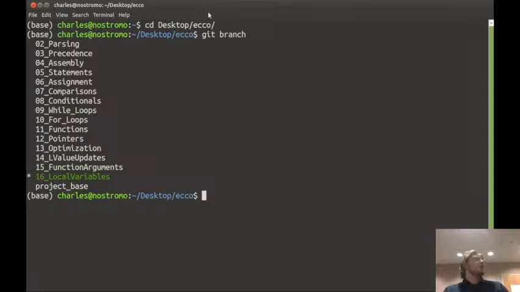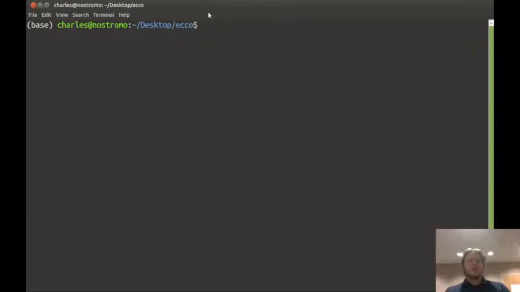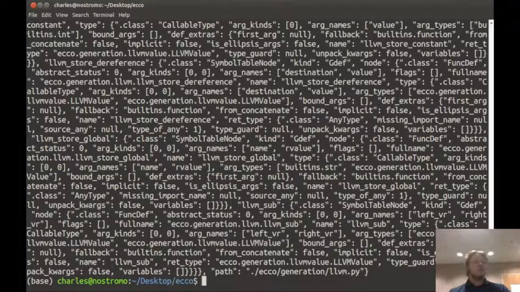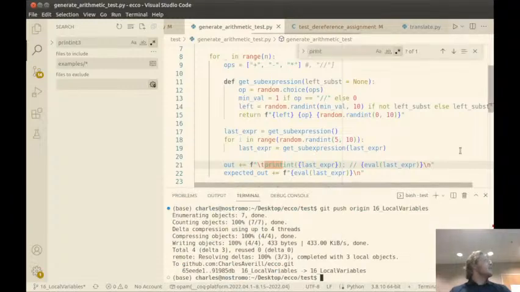But that does bring me, before I show you the example, to the thing I was working on right before class. I got rid of the print statement. And let me see, grep, LLVM preamble. I don't know if it's called LLVM preamble. Ugh, I'll just show you in VS Code. So I added a hard-coded